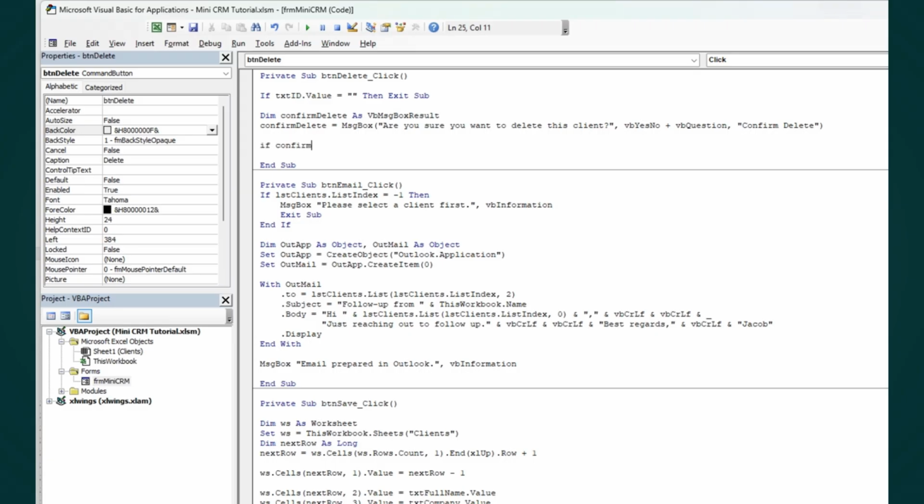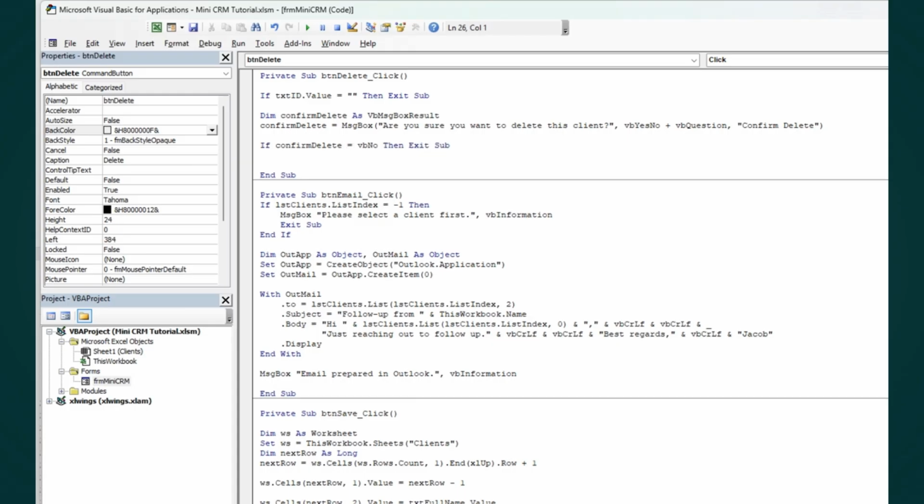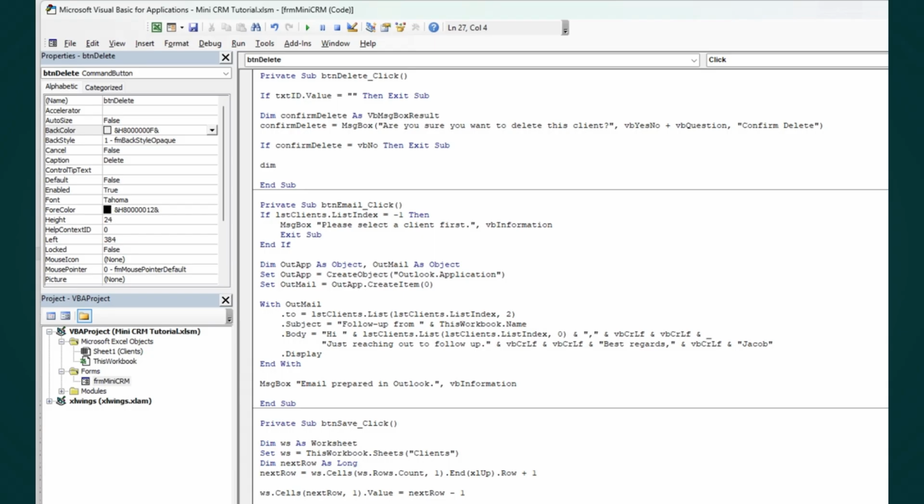If confirm delete VB no, then exit sub. It shouldn't do anything if you click no. Are you sure you want to delete this client? No. Then you shouldn't perform anything. It should exit sub. Then we're going to dim ws as worksheet